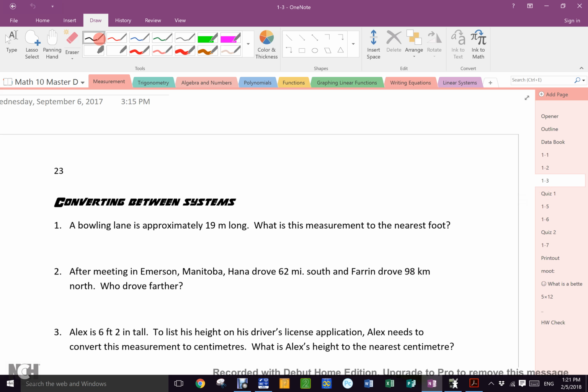So what we already learned was if we have a value we need to convert, we start with that value, whatever it is, money, time, distance, volume, doesn't matter. Whatever that value is, we start with that. And then we multiply it by a fraction. What is that fraction? It's always what we want to convert to